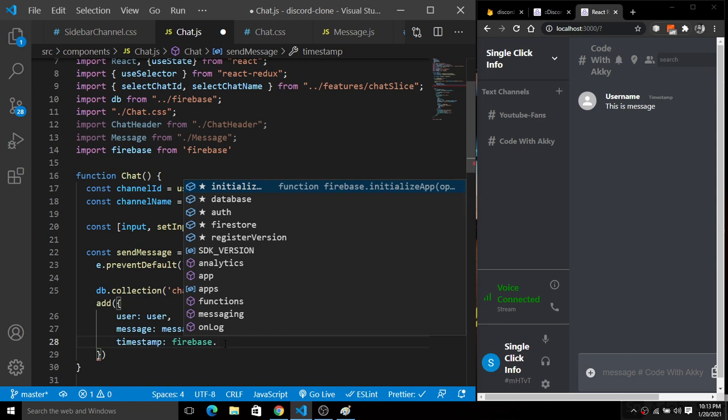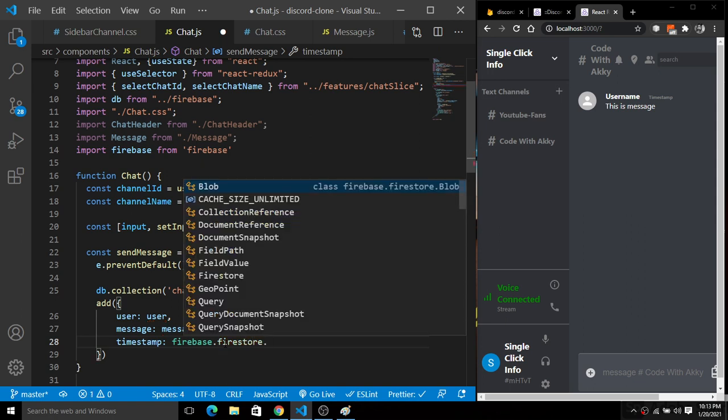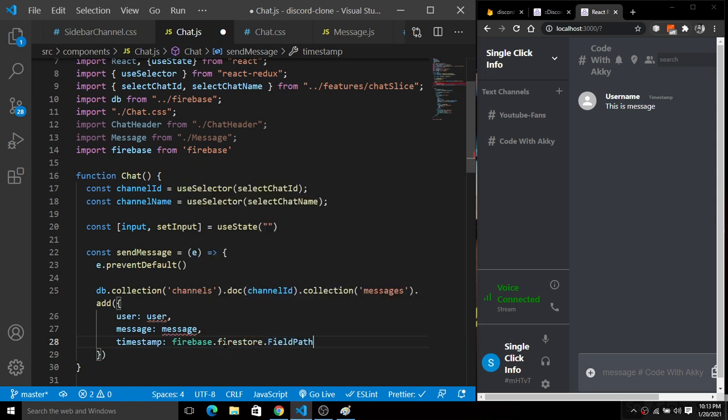So firebase.firestore.FieldValue, sorry, not FieldPath, FieldValue.serverTimestamp. It means that if you are living in the US or in London, it doesn't matter.